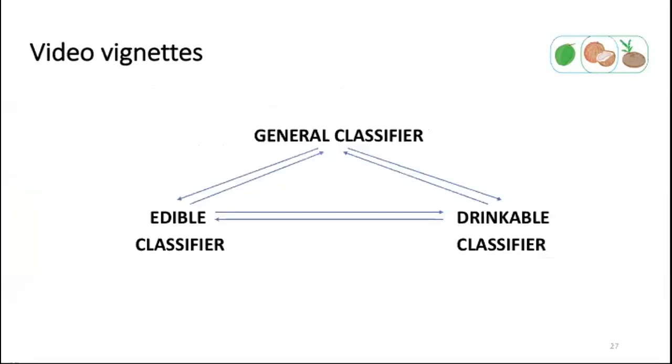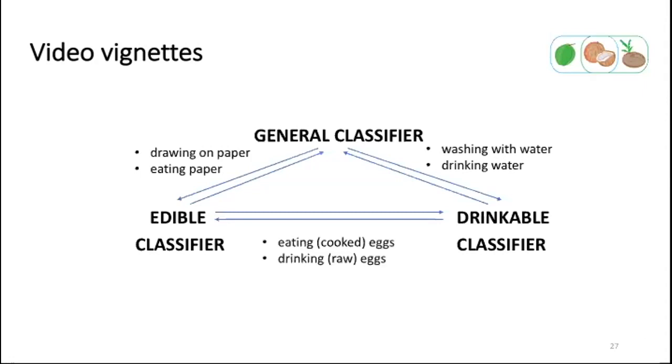So here are the 3 main classifiers mapped out, and the vignettes tested target nouns by trying to evoke the different classifiers. For example, do target nouns such as water overlap and occur in different classifier categories based on the contextual interactions, or just one classifier regardless of the contextual interaction? We also investigate how particular systems react to more typical oppositions, for example, drawing on paper versus atypical interactions such as eating paper. And similarly here with the difference between eating and drinking eggs.